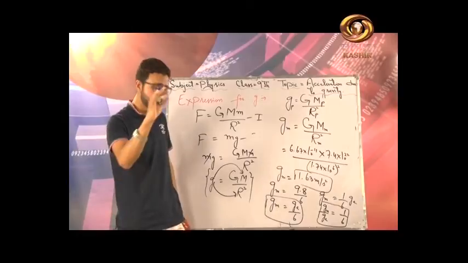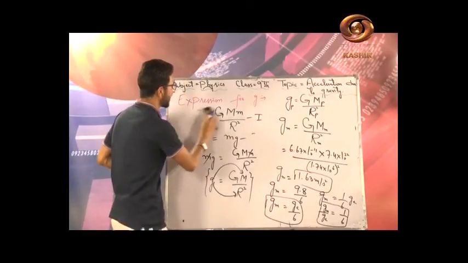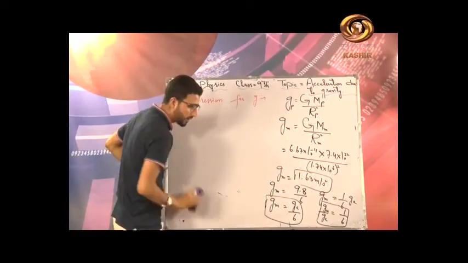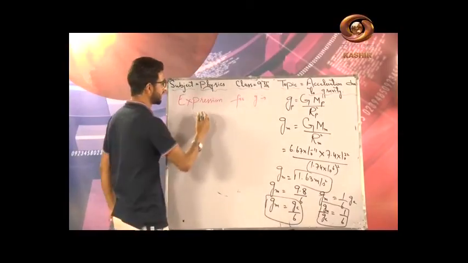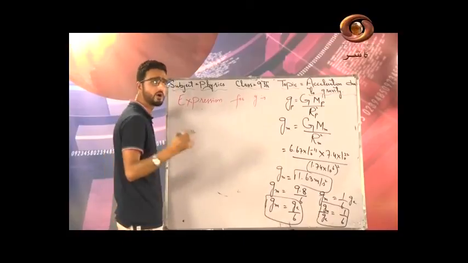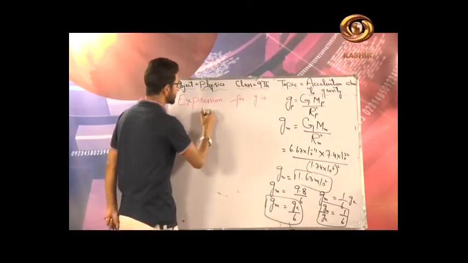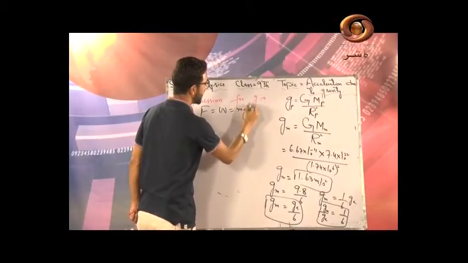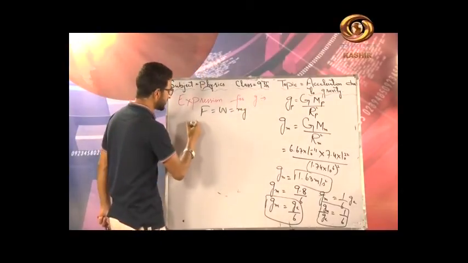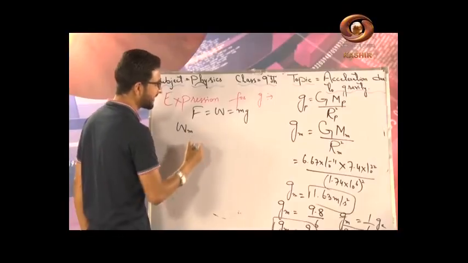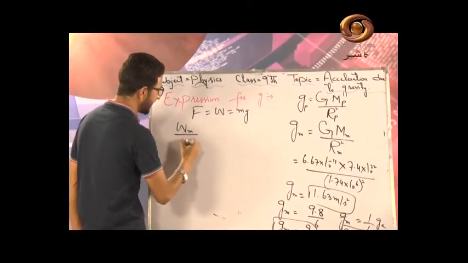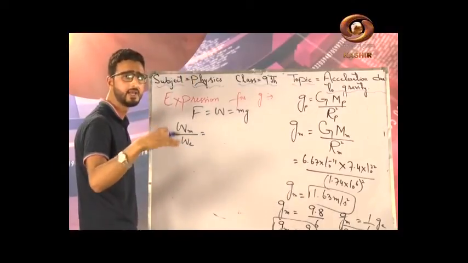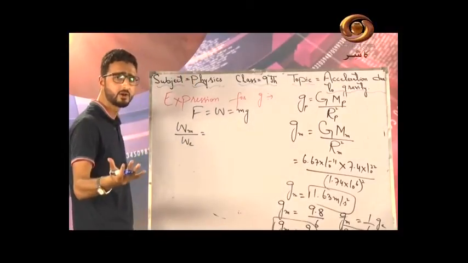If you use the concept of weight, if you remember the expression for weight, the force with which the body is attracted towards the center of earth, as per physics, weight is not mass, it is basically the force. So F, that is equal to force, that is equal to weight, that is equal to mg. Now what is the ratio between the two? If this is weight on the surface of moon, this is weight on the surface of earth, because we have already derived this relation. Now let us try to find the relation between the corresponding weights.